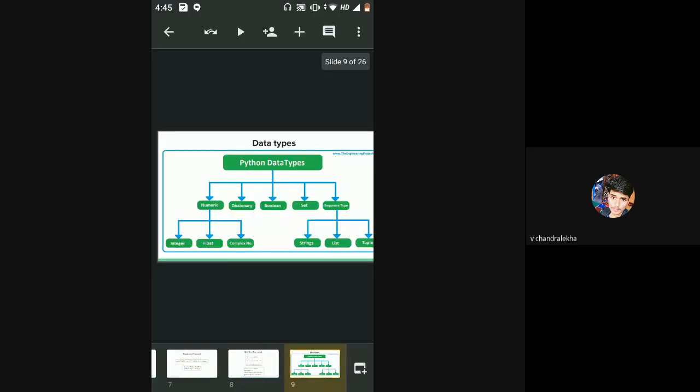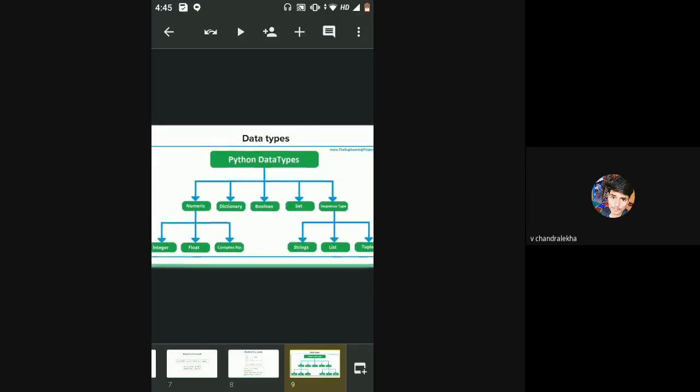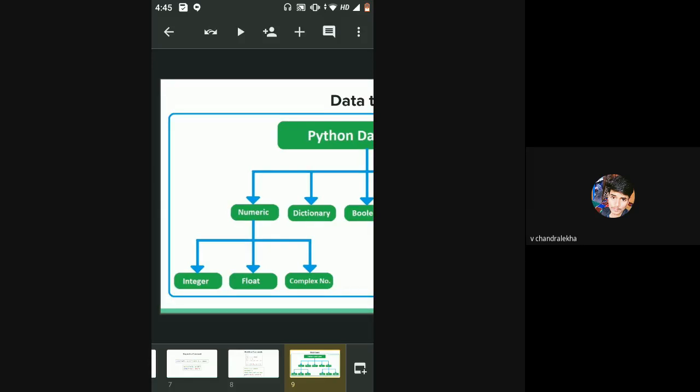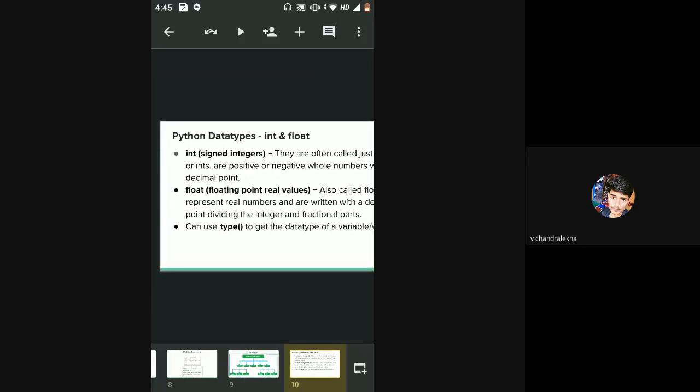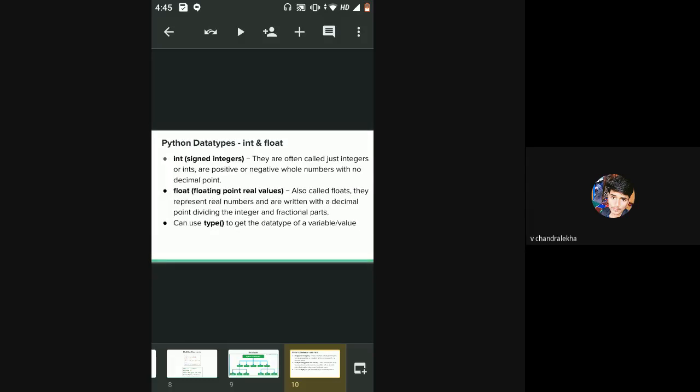So let's go ahead. Next we'll talk a little about data types. I think integer data type, all of you now know what is an integer data type, right? We'll talk about integer and float data type first. So integers are nothing but positive and negative whole numbers. I think this is basic mathematical knowledge. Integers means anything which has either a negative sign or a positive sign, but that is a whole number. Like it's 0, 1, 2, 3, 4. It's not a decimal. That is considered as Python integer.